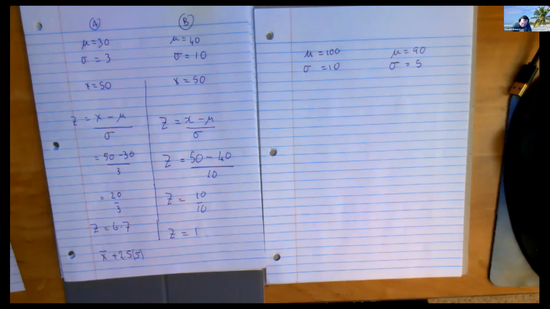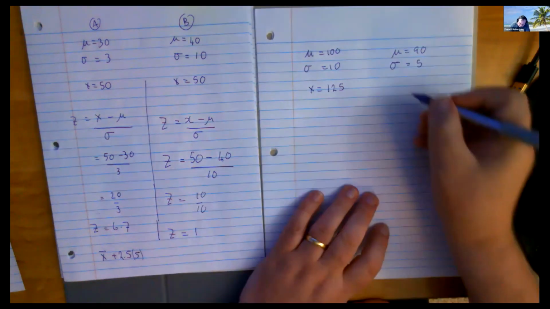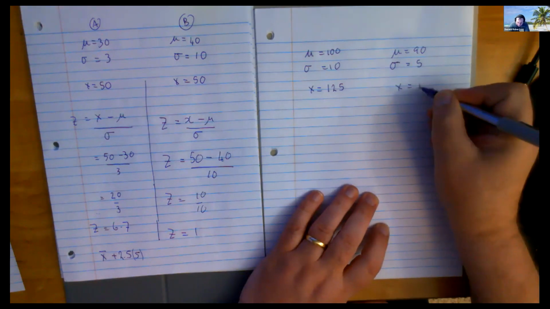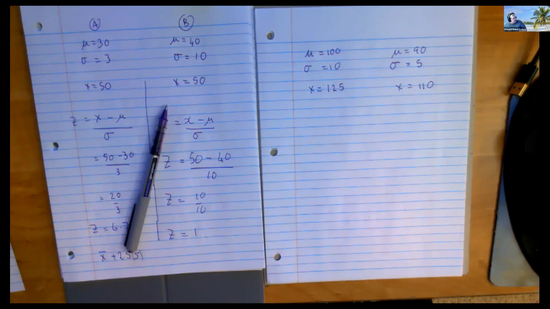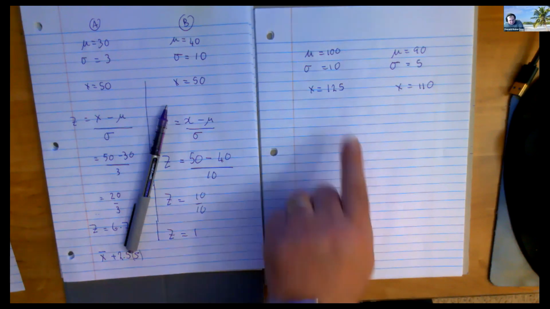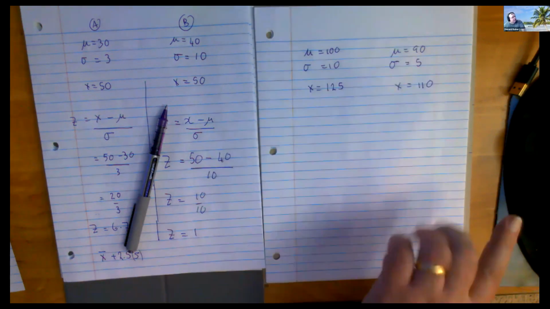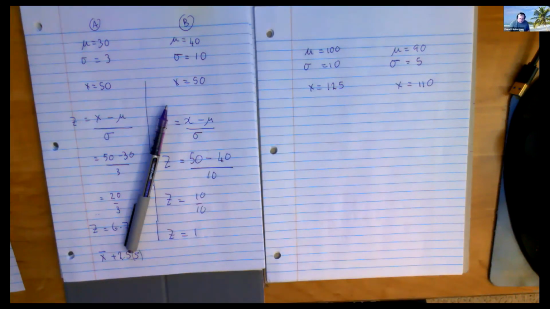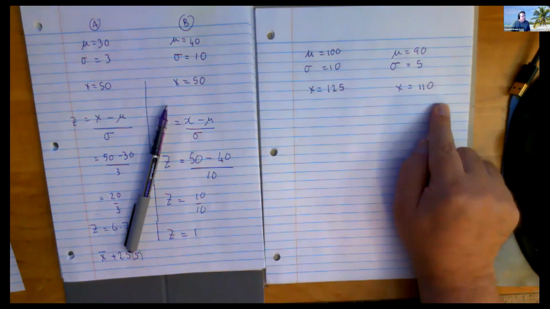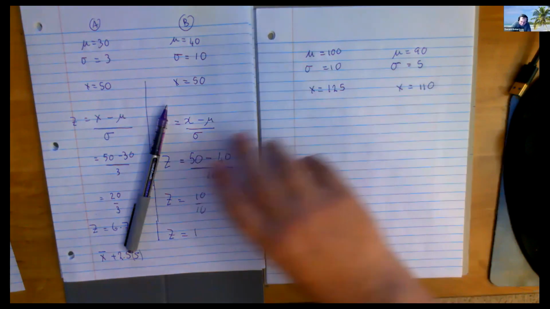And this person got 125, and this person got 110. Which of those 2 people did better? So which one of those 2 scores would be the hardest to get? This guy in this test, or this guy in this test? Just to show you, you don't need the score to even be the same number to do the comparison. What's your gut feeling? This harder or this harder? Yeah. Well, let's go for it.